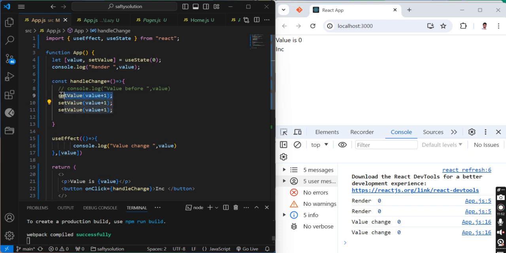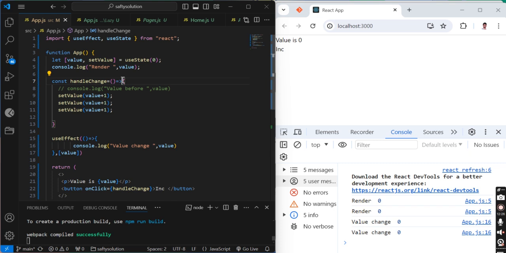Remember, this has not changed the value. It only remembers what changes to make in the next re-render. So still this value is 0. 0 plus 1, 1. Again at this statement it takes the value 0, and 0 plus 1, 1. Now this function execution has ended.